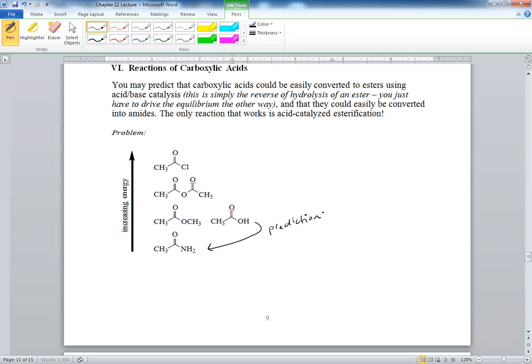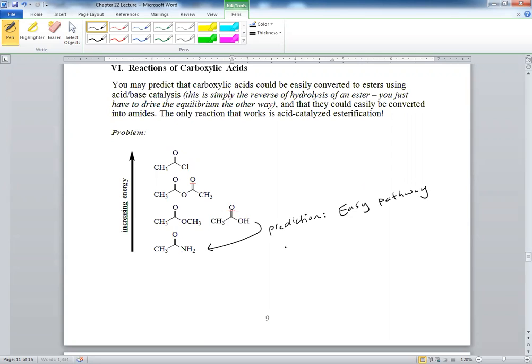But as you know in science, you can make a hypothesis, you can make a prediction, but it may not be true. The data surprises you, and then you have to go back and revise your hypothesis and test it out again. So in this case, the prediction is that this is an easy pathway,